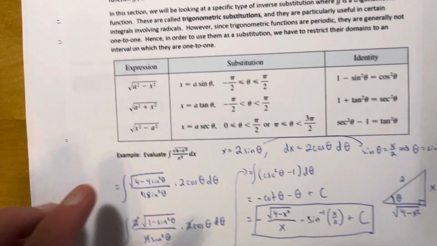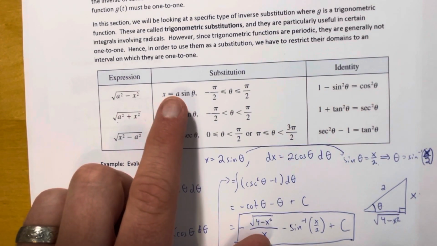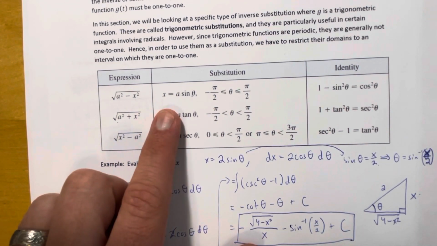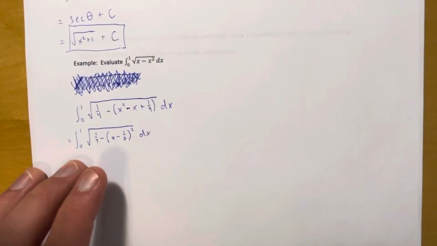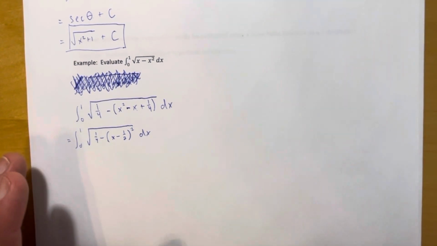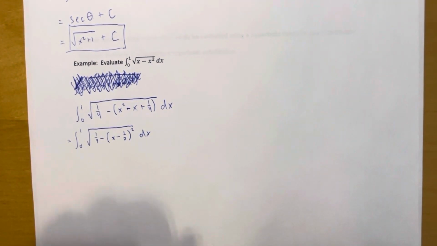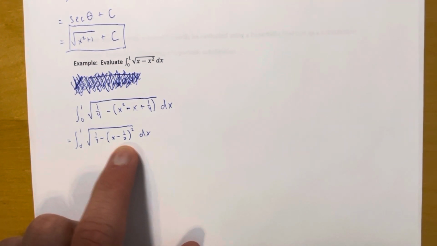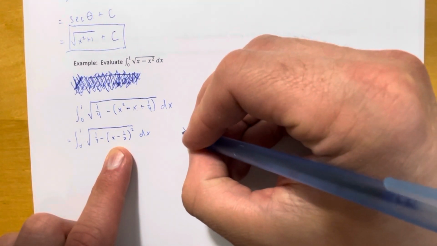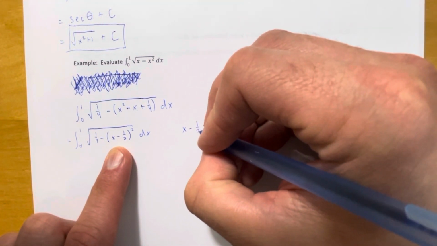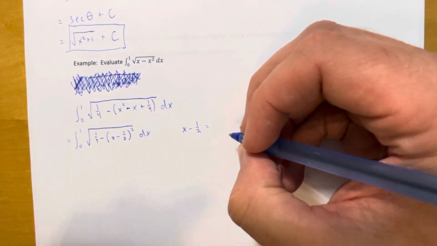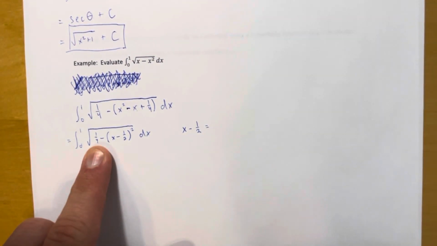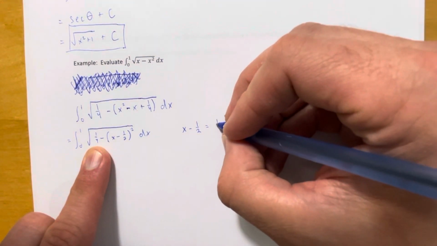So when we have this type of expression, we make the substitution a sine of theta, and we set that equal to x. What I'm going to do here is still use that a sine of theta, which in this case would be 1/2 sine of theta, but I'm going to set it equal to x minus 1/2. I'm going to set it equal to this, okay? So again, what I'm going to do is set x minus 1/2 equal to a sine of theta. Remember, a is coming from here, so that 1/4 is a squared, which means a would just be 1/2